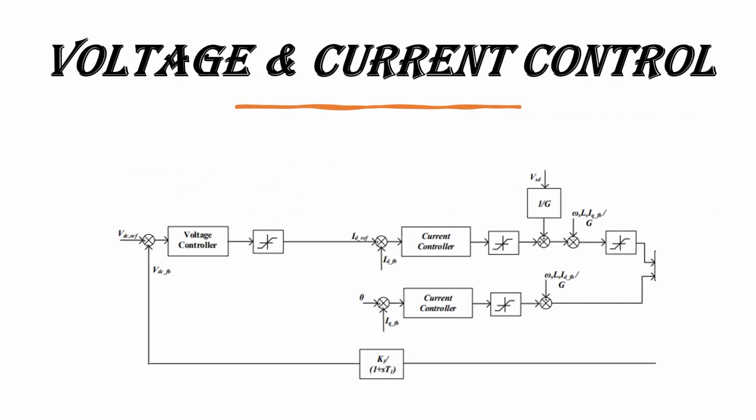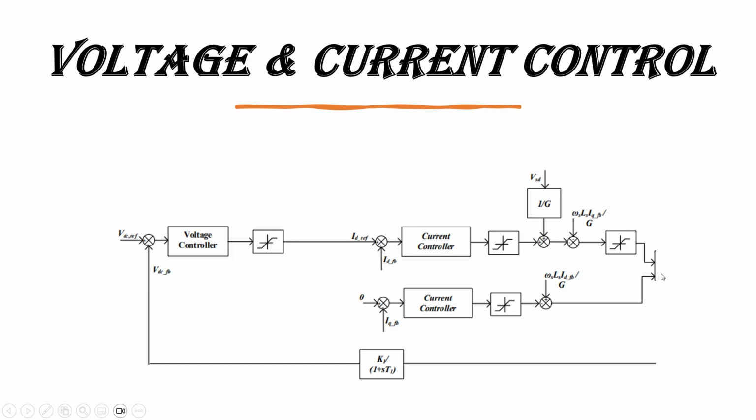The voltage and current controllers are here. We will be setting the VDC reference. The voltage controller will be there. The saturation limit will be there, and we have the current controller and saturation. The feed forward term will be there, and the cancellation terms will be there, and the saturation limit will be there. And this is the feedback, and the VDC is what we sense. We are feeding back that voltage here, and after getting this we will get the VD reference and VQ